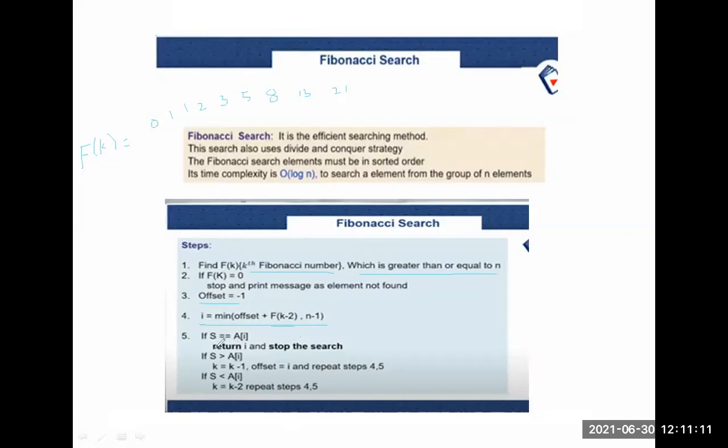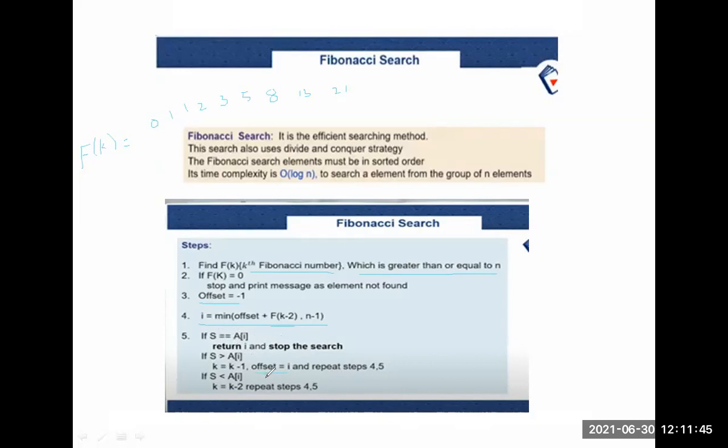Then compare with s, where s is our searching element. If the searching element is equal to a of i, return that the element is found, then stop. If the number is greater than a of i, then decrement k by 1, set the offset value to i, and repeat steps 4 and 5.